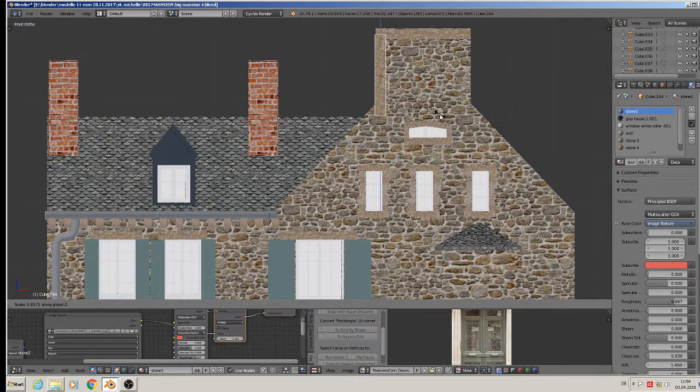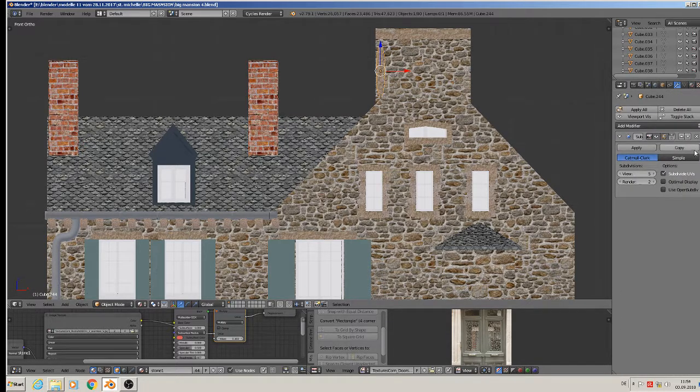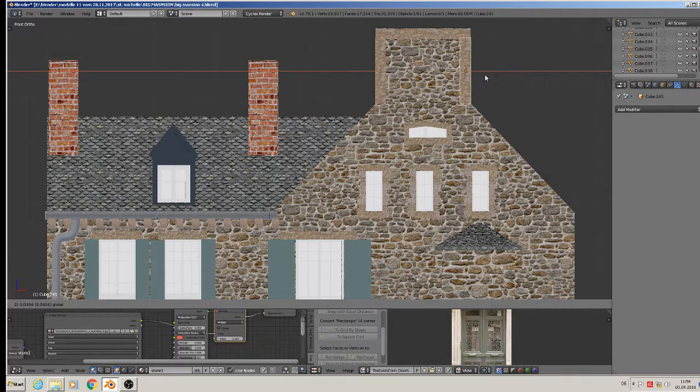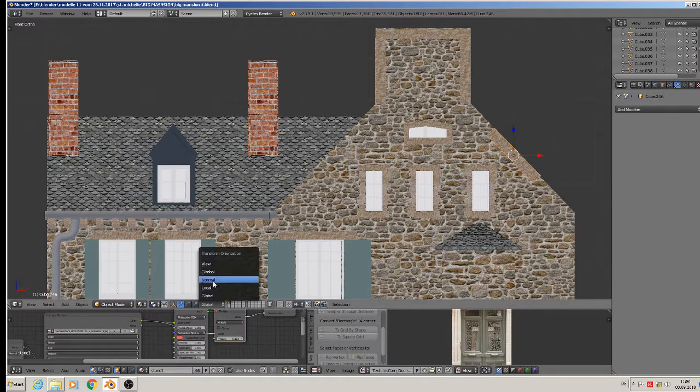Scale set. Shift D. Place one there and one down there. So we go here in the middle, rotate Y, grab it, plug it, go to normal axis, scale X, scale XX,